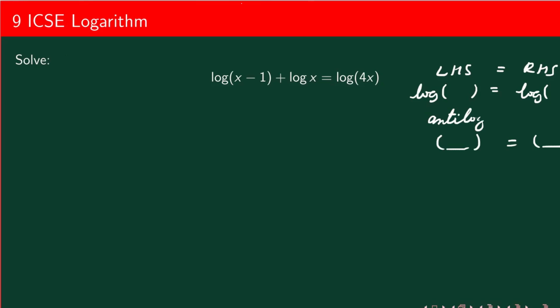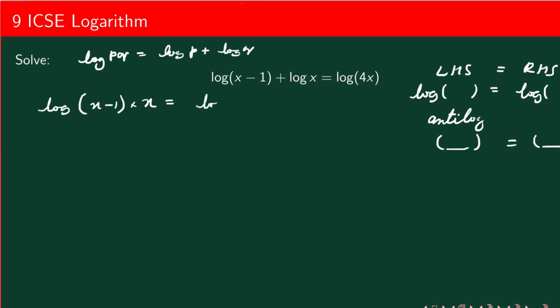So right now what you see is there are two logs. How can we make it a single log? We remember the property that log PQ is equal to log P plus log Q. If that is applied over here, I will get log of (x minus 1) into x, and here I have 4x. Okay, so when I take anti-log,